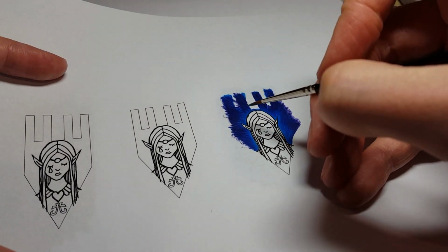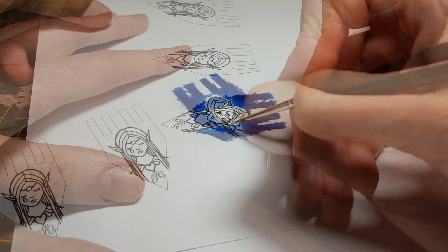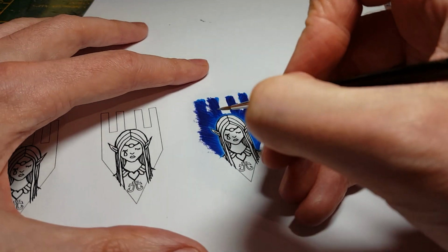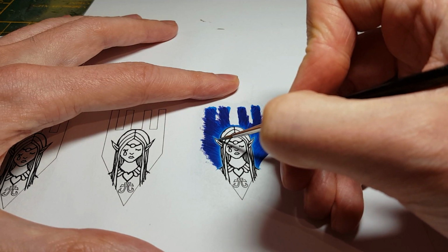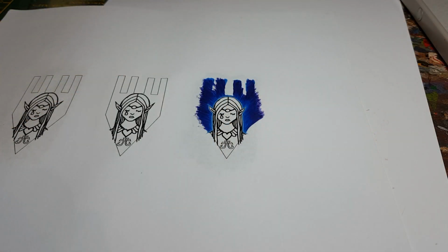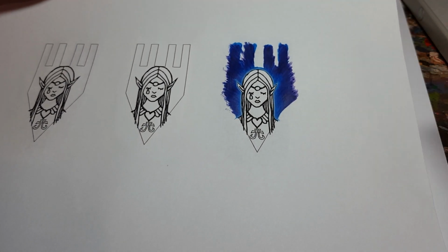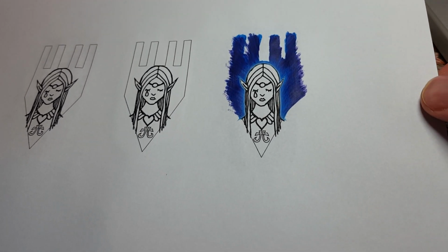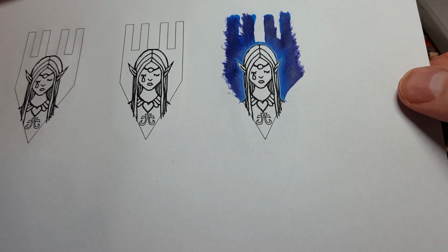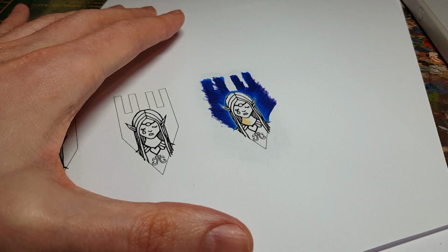And this will take 2 or 3 passes to build up that effect. And lastly, I've just added a little bit of white into the mix. Okay, so hopefully that comes out okay in the camera. Just try to give her that ethereal glow against a dark background, which will help her really project forward from the banner. The next area to paint is the skin, and I'm just going straight to